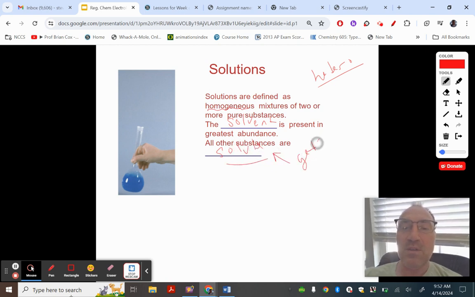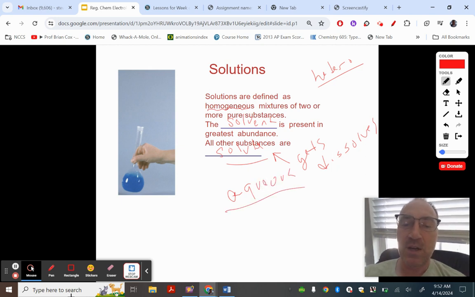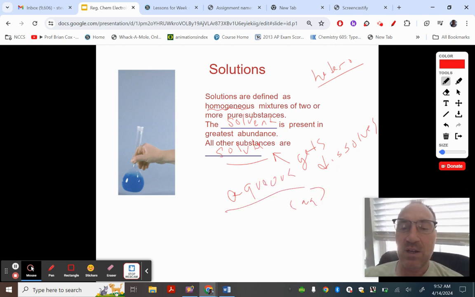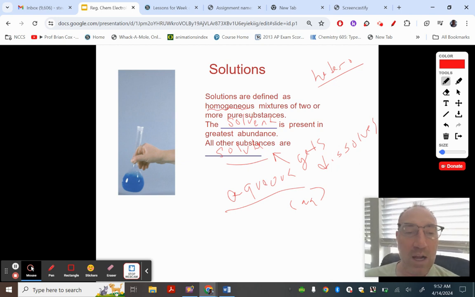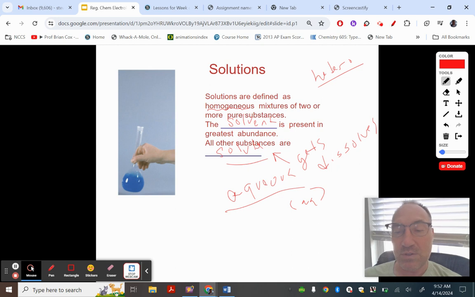Now, normally we think of solutions as just aqueous. Okay, so there's this word aqueous. Let me just mention this. We've talked about this before. This is when it has AQ. So AQ or aqueous just means that substance is dissolved in water, and most solutions are. But there are a few others that are not,